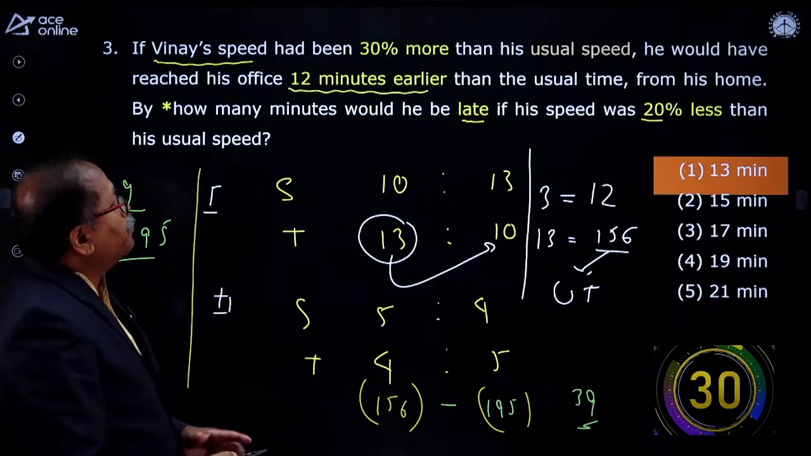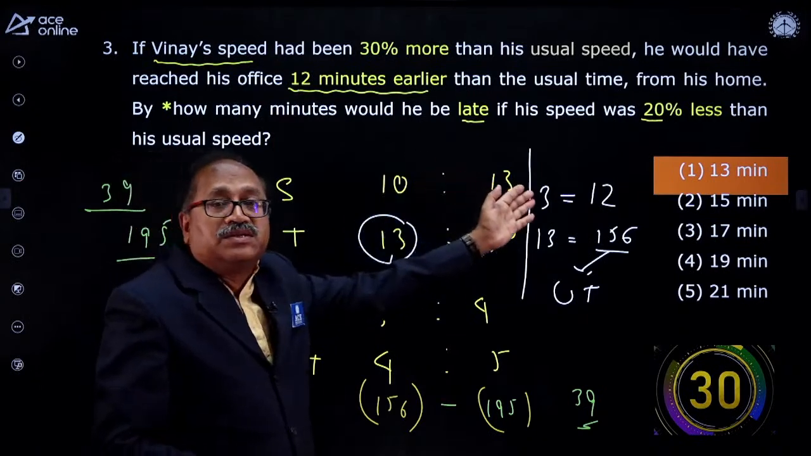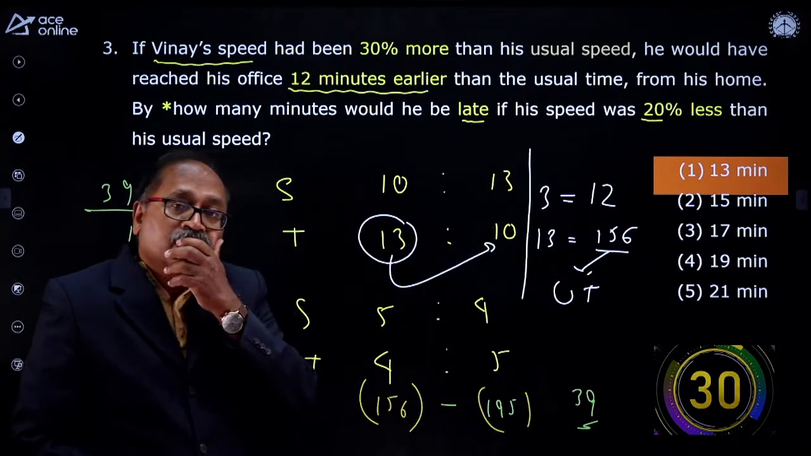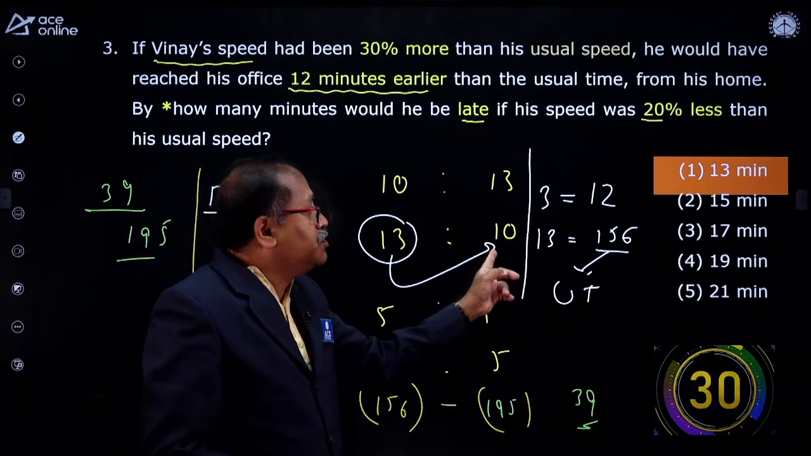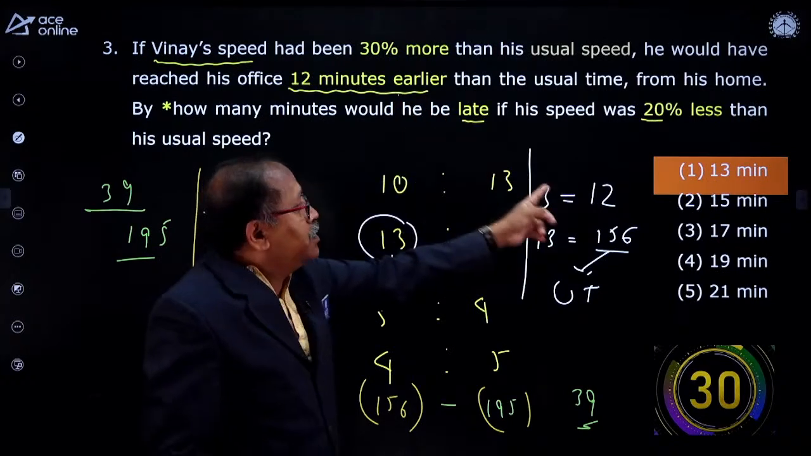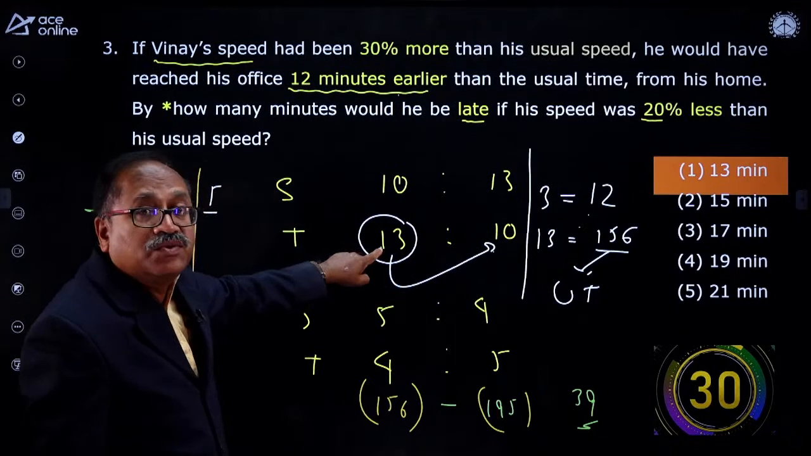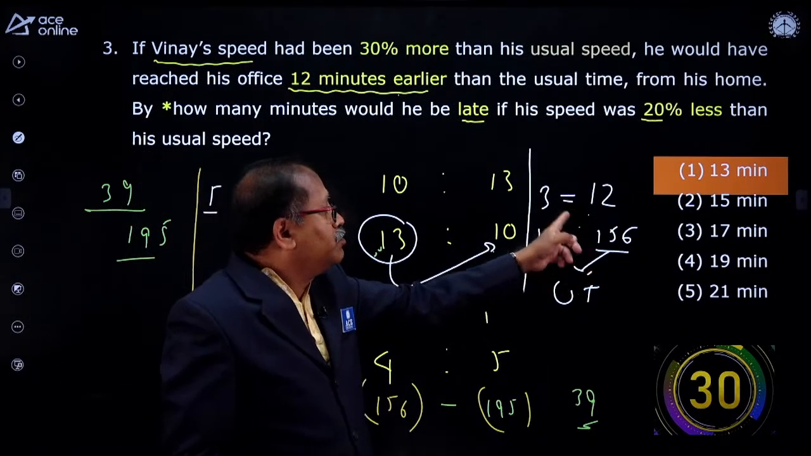Okay, so hope you understood that the speed is increased by 30%, means 10 becomes 13. So the time is 13:10. So how many parts of time reduced? 3 parts reduced, and 12 minutes early. That means 3 parts is 12 minutes. So what is the usual time? Usual time is 13 parts. So 13 parts is equal to how much? So one part